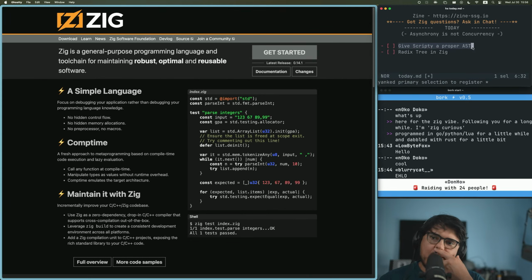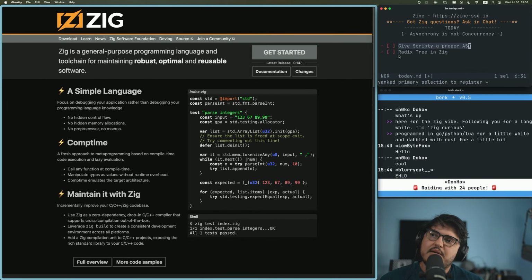One is I have a static site generator written in Zig called Zine, and I want to improve the ecosystem, but there's a lot of work to do. I decided to make Zine a kind of complicated project, and it's only me, well, mostly me doing the work. So there's a lot of the ecosystem that needs improvement. Specifically, this has to do with how the templating language works, and I want to make improvements to the templating